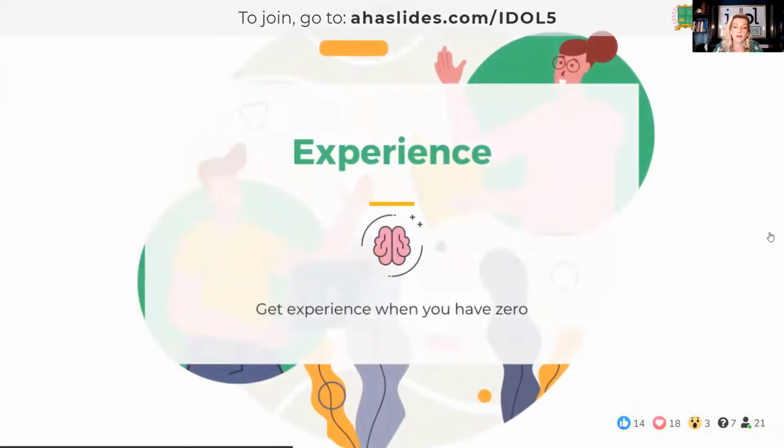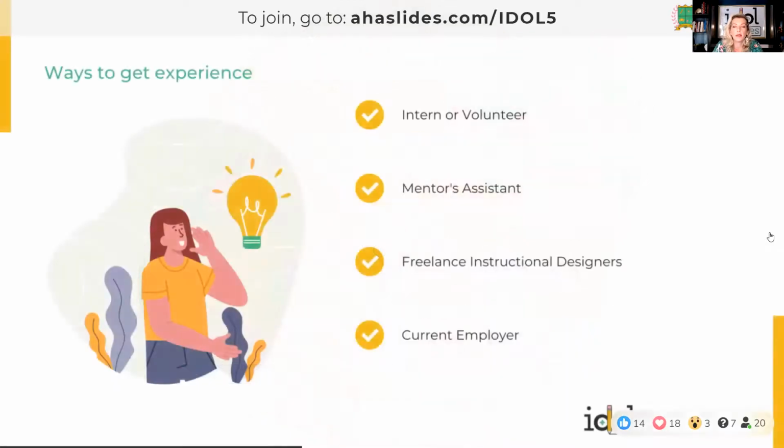Now, this is the real paradigm, right? Like, how do you get experience in instructional design when you have zero, right? Because they're like entry level, 2 years of experience, 1 year of experience required. And if you have zero, then how do you get some if the barrier to entrance is that you have to have experience? And so again, my recommendations to you are to intern or volunteer. You can reach out to local nonprofits, a friend that has a business, and volunteer to build courses for them. The internship route, right? Like Rumie is one of them, RUMIE.